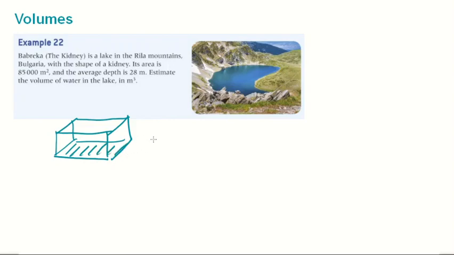So if we're calculating the volume of this prism, it would simply be area of the base times height. So in this case, it's 85,000 square meters times the height, which is 28 meters. If you crunch the numbers, you should get to a value of